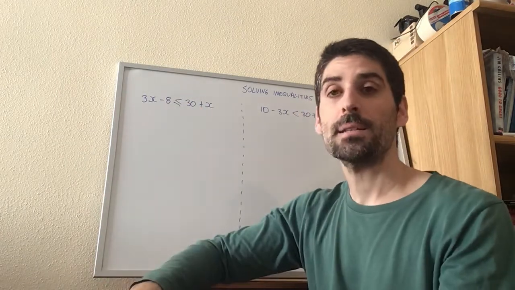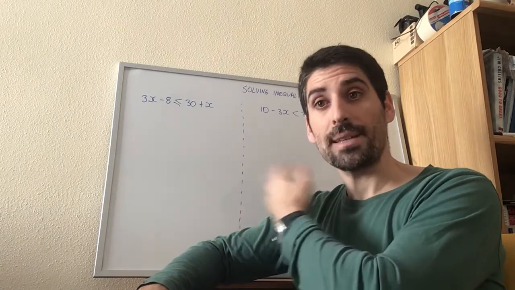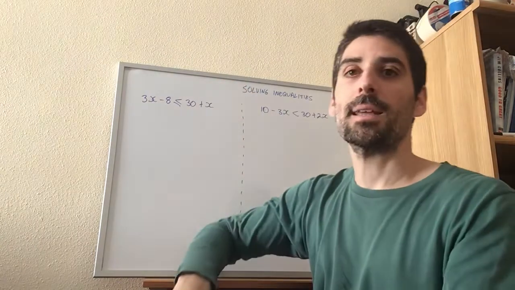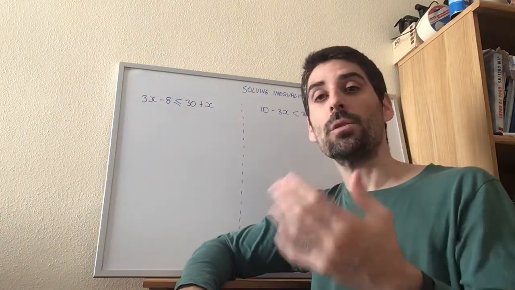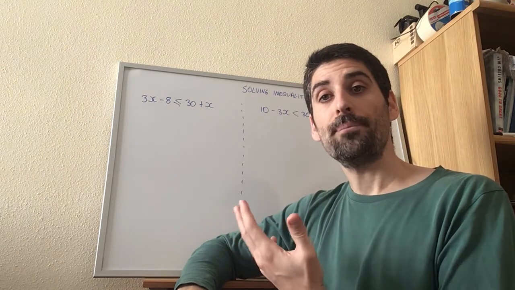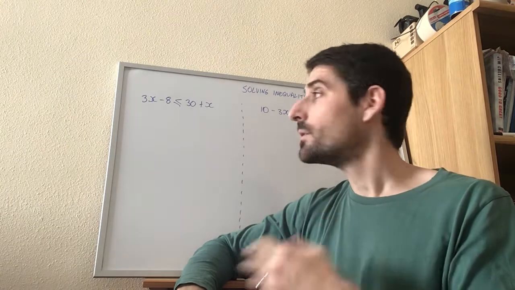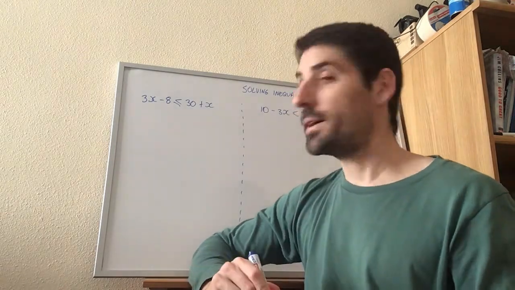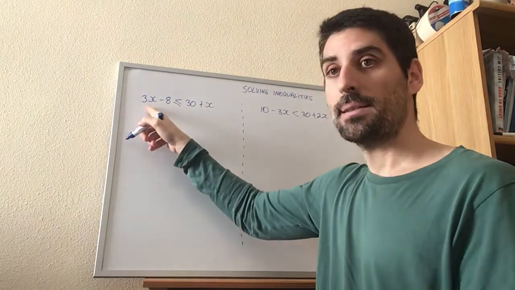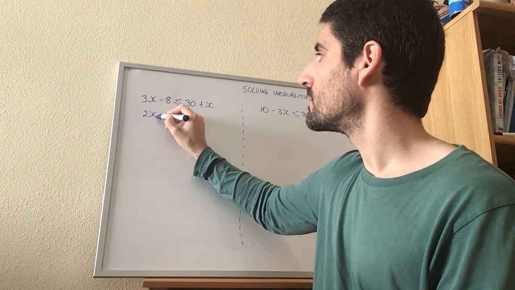I'm going to get rid of the variables on the side that has got the least amount, so I'm going to get rid of that plus x there. Remember, this is a bit like solving equations. If I've got plus x, how do I get rid of that? I'm going to take away 1x from both sides. So 3x take away 1x is 2x minus